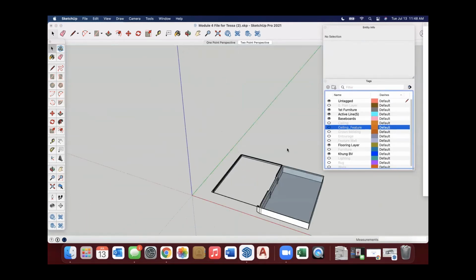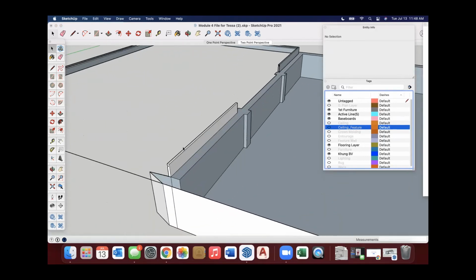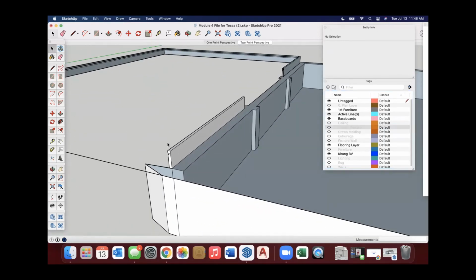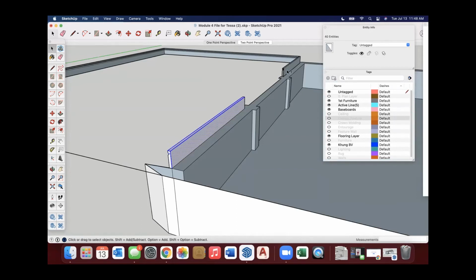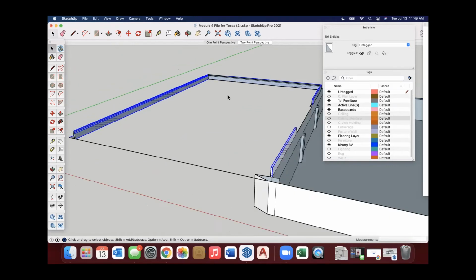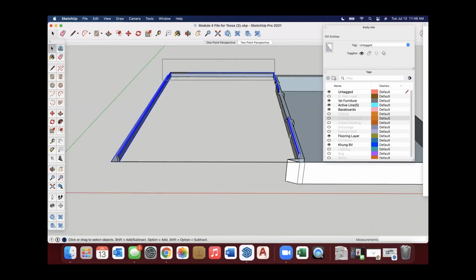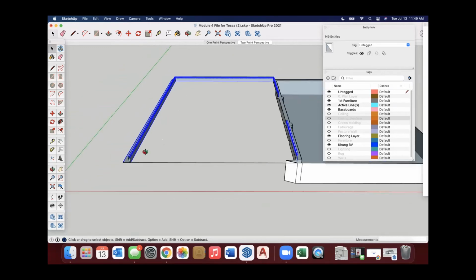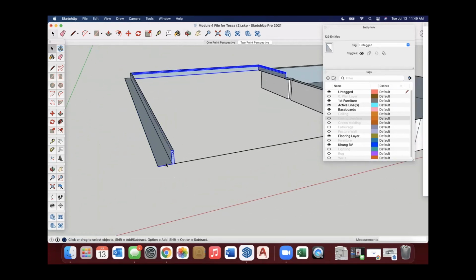And literally it's just, you keep going. So now I have to do exactly what I've been doing before and do the same thing for the baseboards and selecting those. Because right now there's no real flooring, the floor plane hasn't been drawn yet. So now I can just grab all this real quick. Whoopsie.